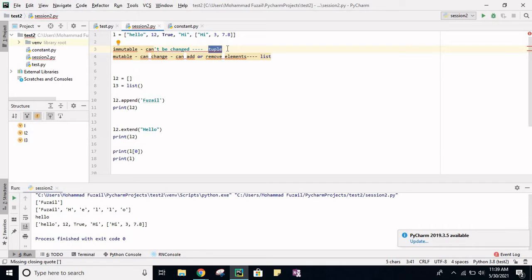No element can be added, no element can be removed. A list is a dynamic one where the memory is not fixed. Any element can be added or removed. That is what we call mutable. If we can add and remove, it is mutable, and if we can't add and remove, it is immutable.